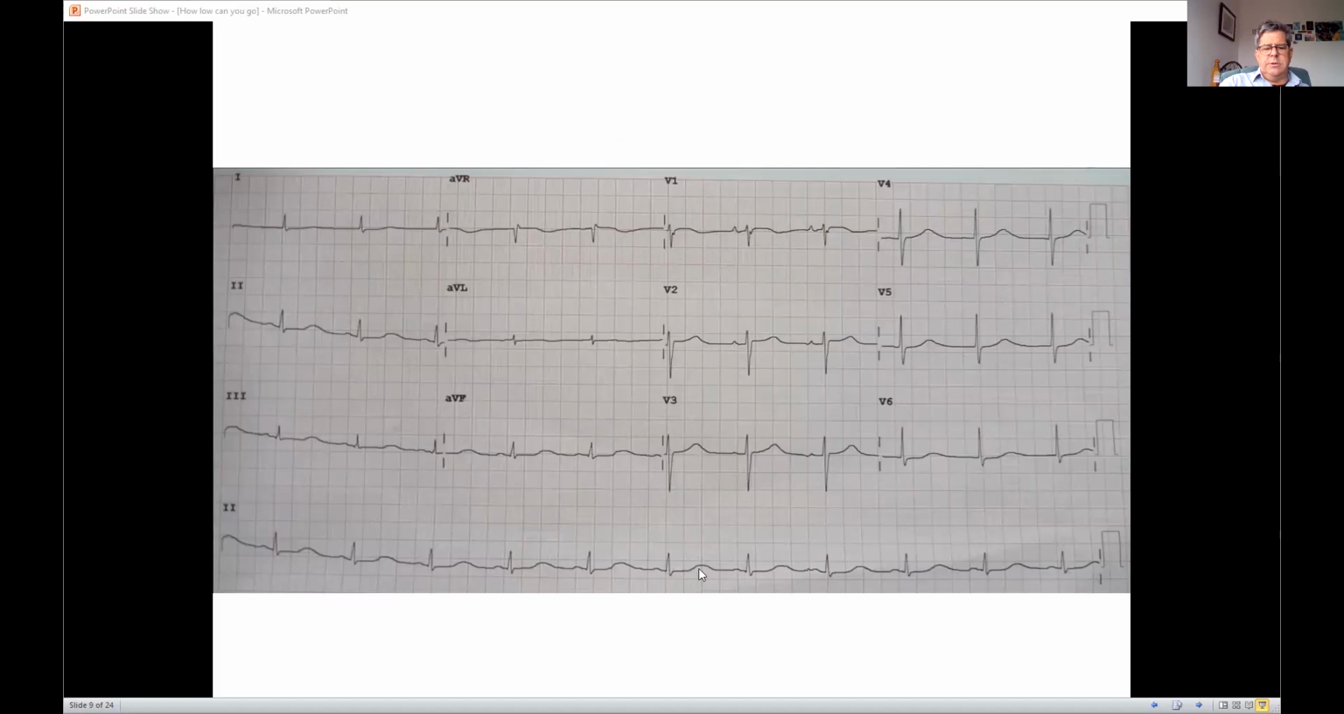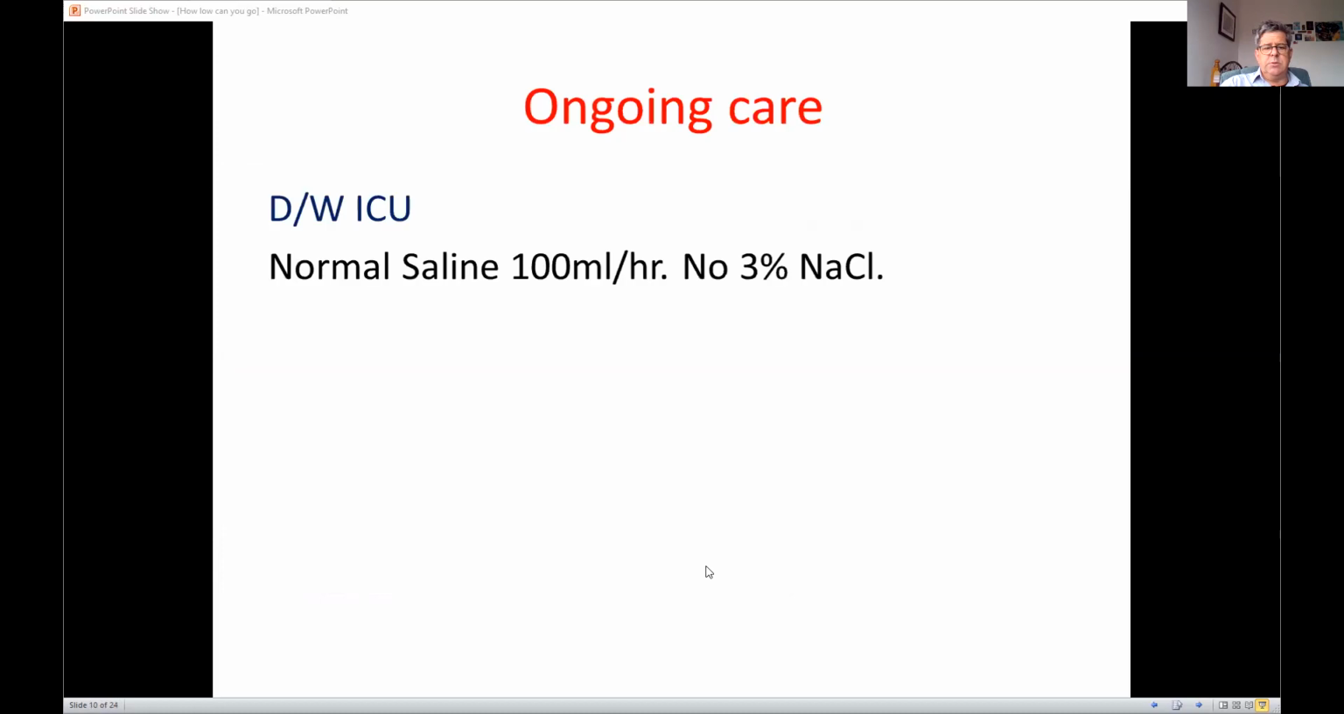Apart from a prolonged QT, the ECG is unremarkable. They speak to ICU, who said, look, I prefer not to give that. Let's just give some 100 mils an hour of normal saline and repeat the sodium in 2 hours. Unfortunately, we don't have a bed. Well, not at the